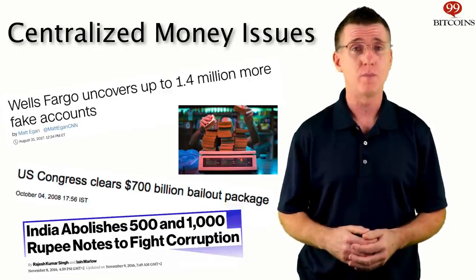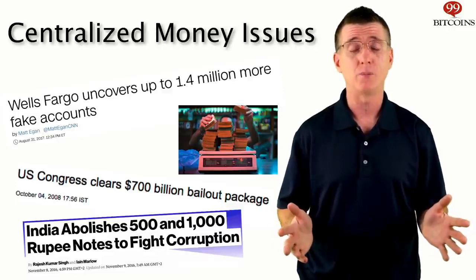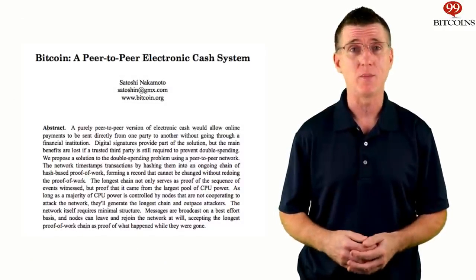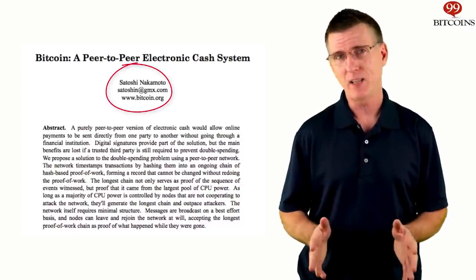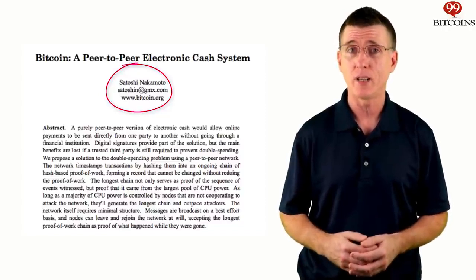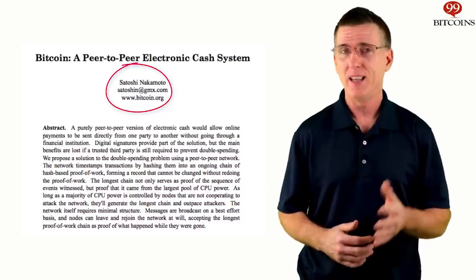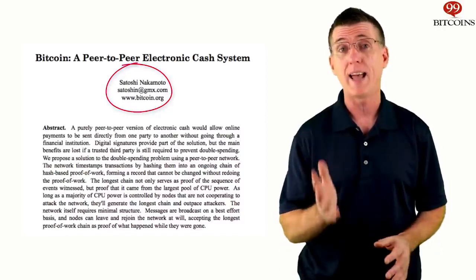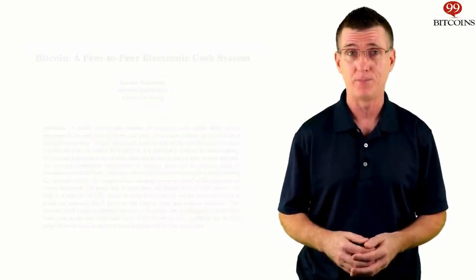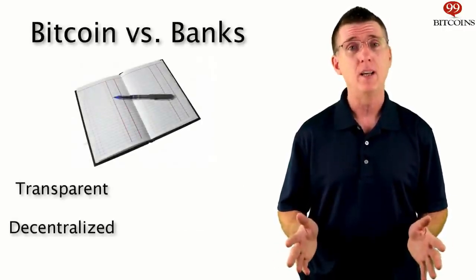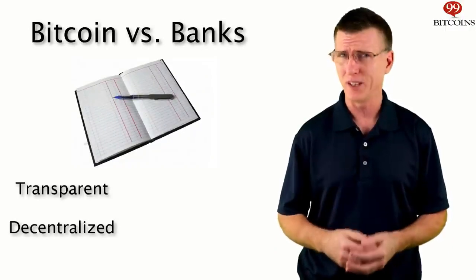Creating an alternative to the current monetary system seemed like a lost cause, but then everything changed. In October of 2008, a document was published online by a guy calling himself Satoshi Nakamoto. The document, also called a white paper, suggested a way of creating a system for a decentralized currency called Bitcoin. This system claimed to create digital money that solves the double spend problem without the need for a central authority. At its core, Bitcoin is a transparent ledger without a central authority. But what does this confusing phrase even really mean?